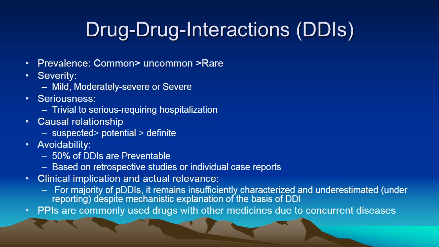Now, many DDIs are based on retrospective studies or individual case reports, but well-planned prospective studies are few. Clinical implication and actual relevance of any adverse drug interactions based on pharmacological knowledge remains to be standardized. At present, it is insufficiently characterized and underestimated because of gross underreporting. There could be a mechanistic explanation of the basis of drug interaction, but clinical relevance in the short term and long term remains to be found. Now, I'll discuss PPIs, which are the most commonly used drugs for the treatment and prevention of acid